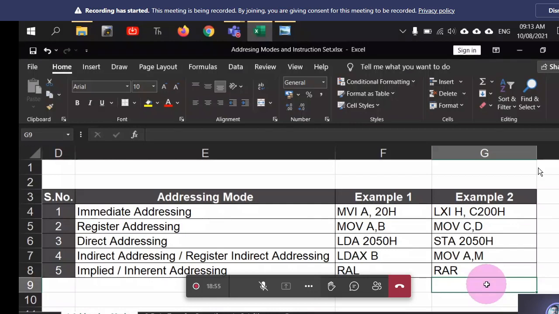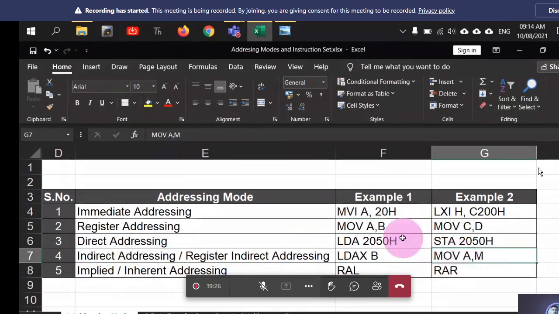So now this is all about the addressing mode. This is just a theoretical concept. You might be asked in your objective examination to just identify the addressing mode for a given instruction, right? One important point here is MOV A, M and MOV A, B. These commands look similar, but MOV A, M is covered under indirect addressing or register indirect addressing because, can somebody explain this?